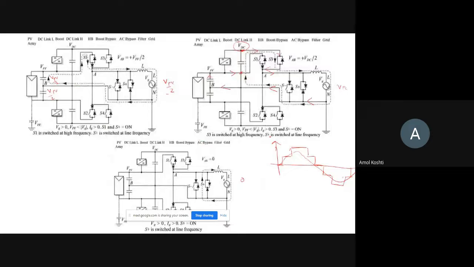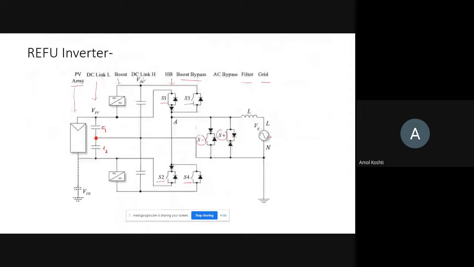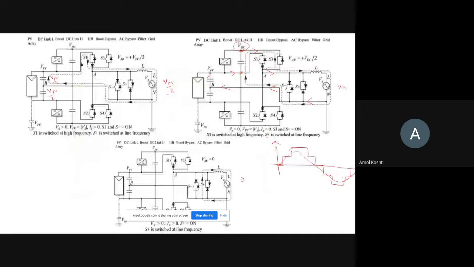What I'm telling you is the evolution in the PV inverter. Initially there was the basic H bridge, which was driven through three different modulation techniques: bipolar, unipolar, and hybrid. Then H5 comes, by SMA, then Herrick comes by Sunways, then this REFU comes. As the topology is evolving, they are claiming that the efficiency of the PV inverter goes on increasing. So this is the nature, and this is how the output is produced.